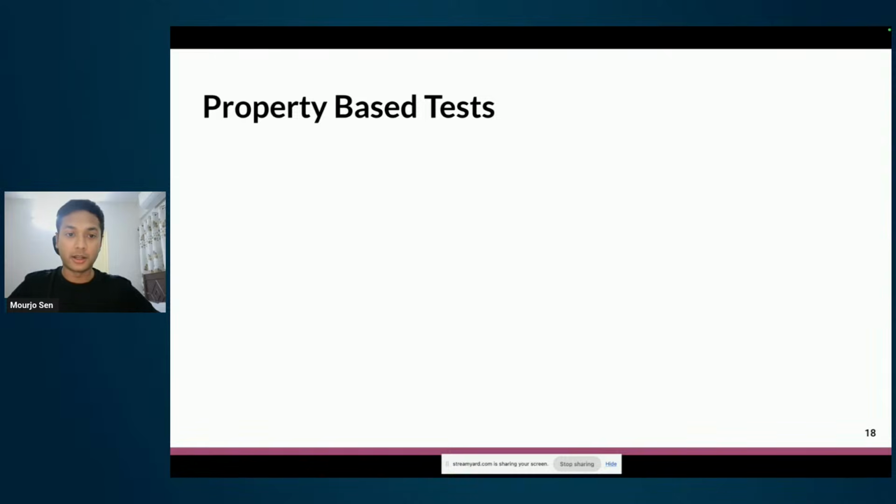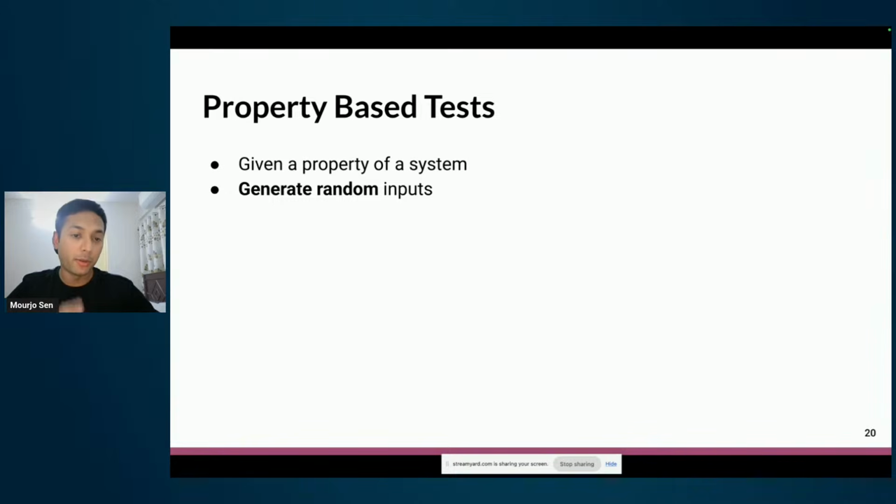Property-based test, on the other hand, doesn't start with an input. It starts with something else, because the input is something that I, the author, have to provide. Property-based test takes it in a whole different direction. It says, okay, don't give me an input, give me a property of the system. Give me a fundamental aspect of the system that you want always to be true. And then the property-based test suite will generate inputs for me. And that's where it's different from an example-based test, where I had to provide the inputs myself.